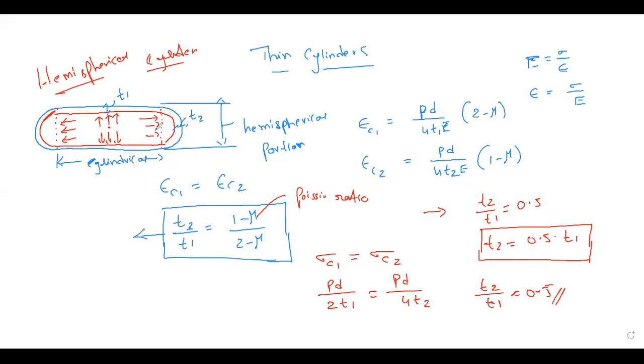As it is a hemispherical portion, the pressure distribution will be more, so there is no need to maintain the same thickness as at the cylindrical portion. So this is another one where you have to remember the formulas to solve the problems. Next,